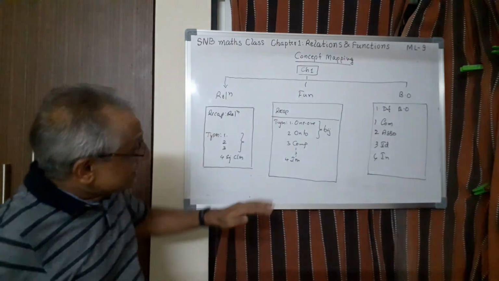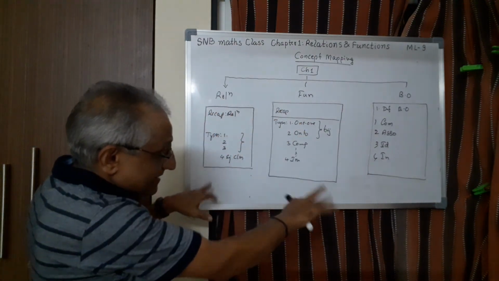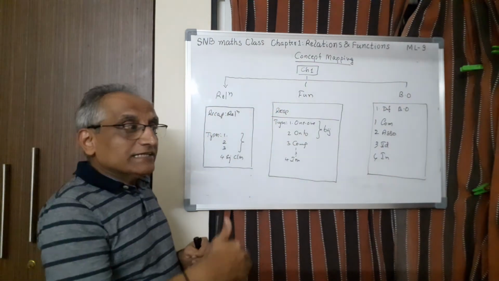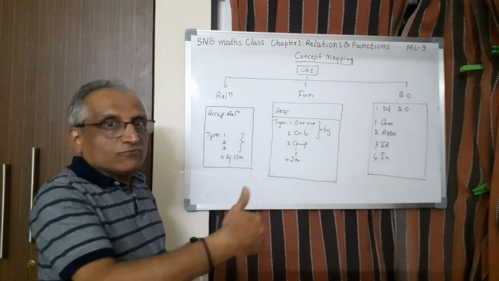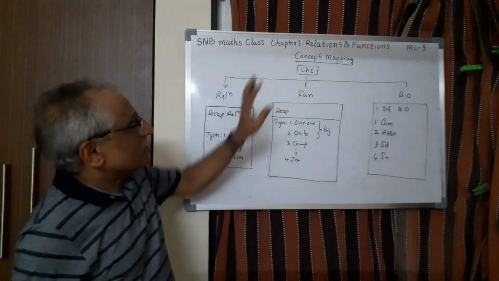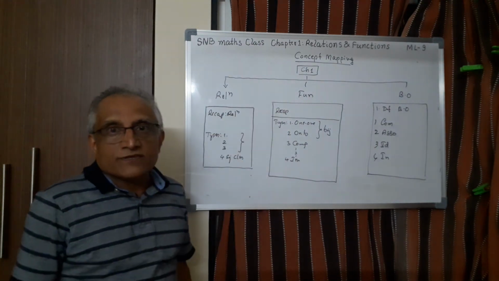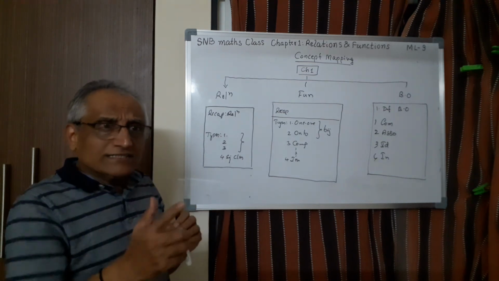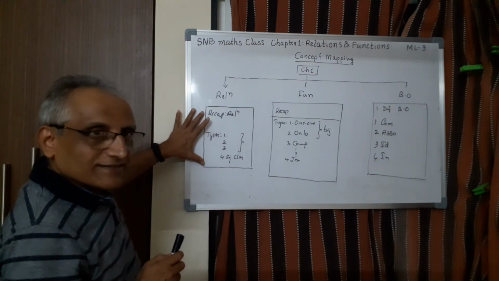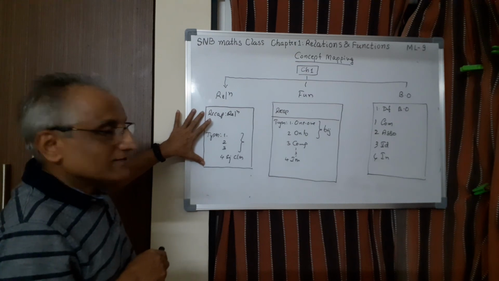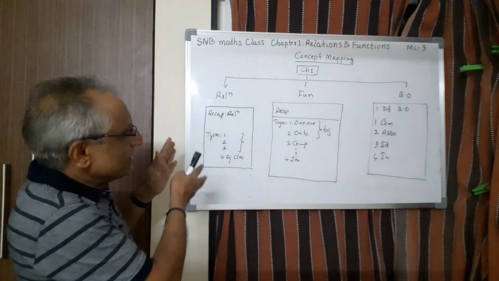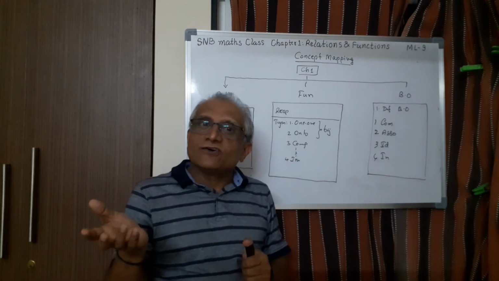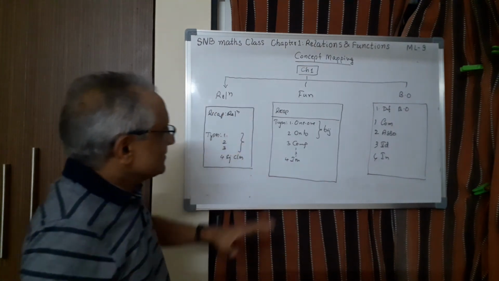Now what is the advantage of this? Suppose you keep it as a chart, one chart per chapter, a concept mapping chart. Then during revision, say after 1 month you have to write a test on this concept, say sets and relations. You take this one and go through it. Then you ask yourself, am I thorough with this? Is there any clarity or confusion? You can go to that particular point and revise. Suppose you come to 1-1: what is the meaning of 1-1? How to prove 1-1? How to prove onto? Like that, revise.